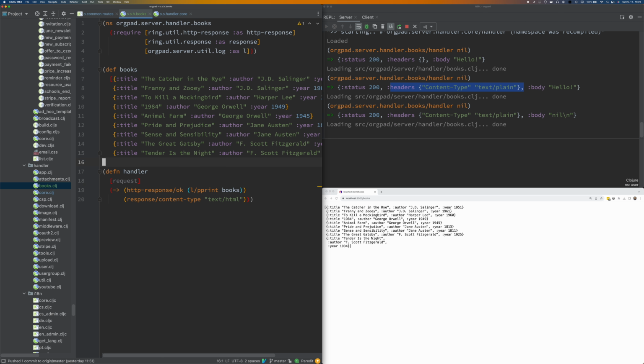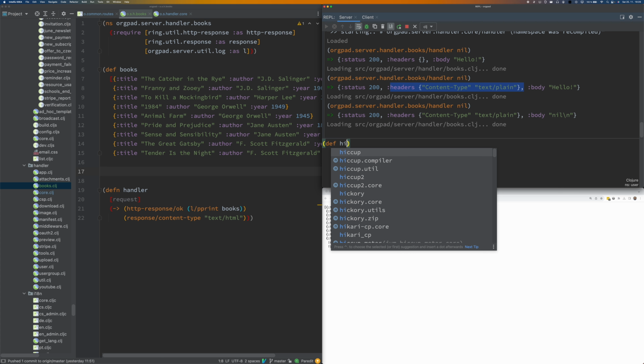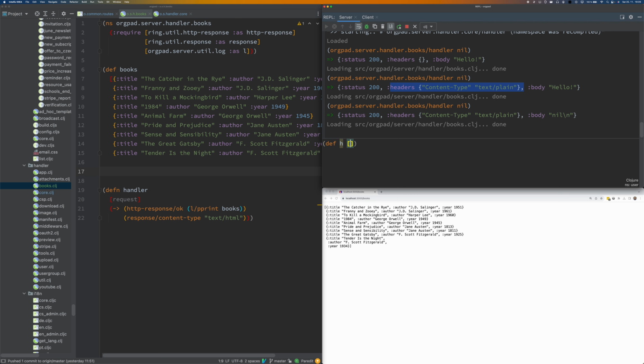The way we usually do it is to use hiccup format, where I specify an HTML tag using a vector, where the first element in the vector is a keyword describing the tag, say b. Then I have maybe some attributes, and then I have children text with some italic part. Let's do it like this.